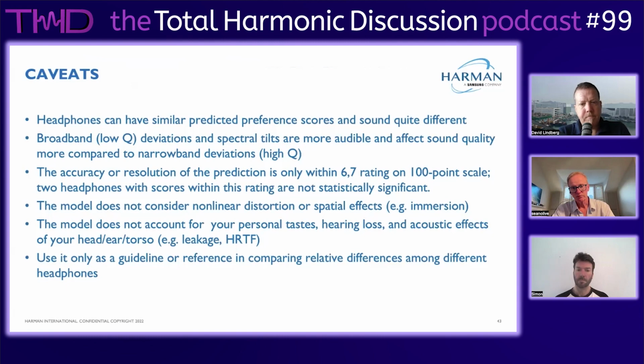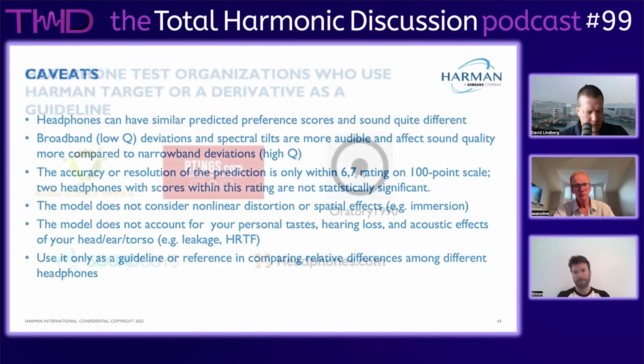The other thing is I've already shown that there are different classes based on taste. So this model is based on an average, the class 1 listener. It doesn't account for people who like more bass or less bass or more treble. And so it's only a guideline or a reference, and that's really its purpose: to provide a reference. So when people are measuring headphones, they have something to compare it to that's been based on a lot of research. Okay. All right.